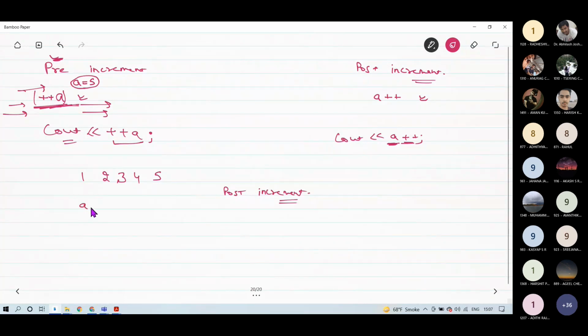So what I can do is I can initialize a variable A with 1. I can write B is equal to A++. I can write Cout of A first. Okay, I have to do it by post increment, so I will remove this.